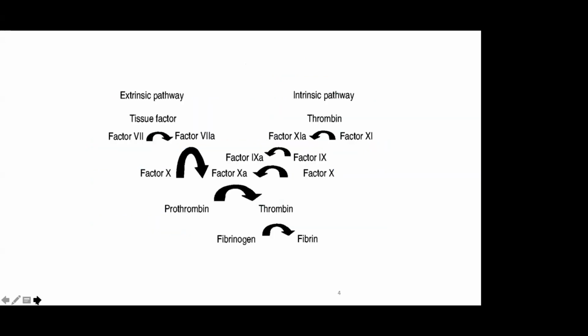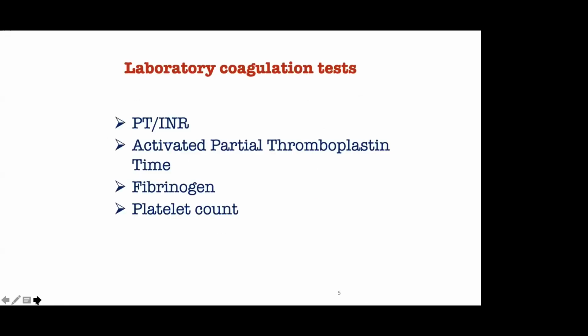So this is the cascade we see, with the extrinsic pathway, the intrinsic pathway, and many factors involved. For theoretical reasons, yes, we should know all these factors, how they play a role and how they are actively interrelated with each other. But when managing the patient, we are seeing how prothrombin is getting converted into thrombin, and then how fibrinogen is getting converted into fibrin. That is the main issue for clotting and the whole coagulation mechanism, either in the intrinsic pathway or the extrinsic pathway.